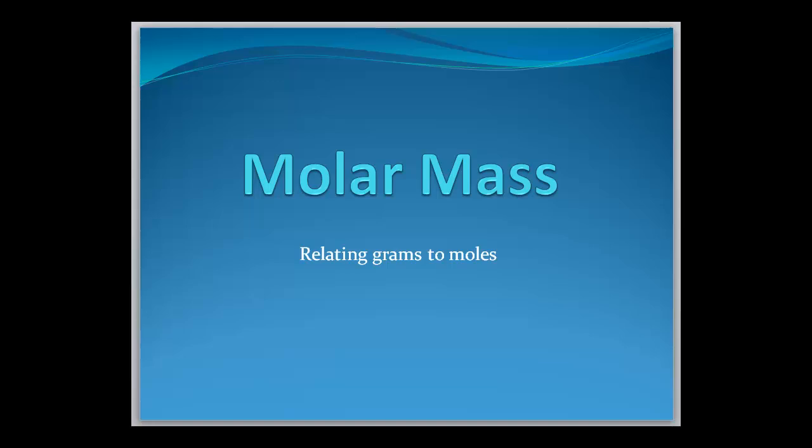Okay, now that we understand what average atomic mass means from the periodic table and what a mole is, we're going to put these two concepts together to start using those values to do some calculations in chemistry. And the first thing we want to look at is what we refer to as molar mass. And again, that's going to relate our grams of a compound to what we know as the moles of a